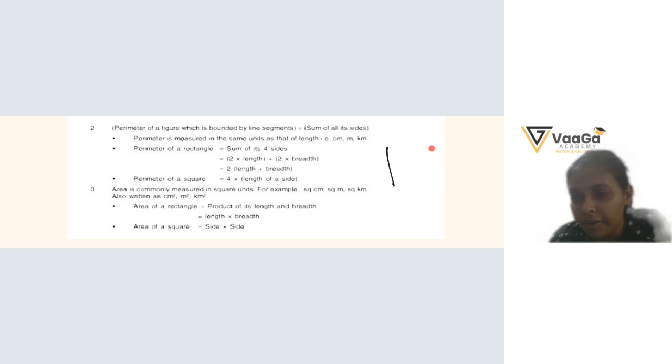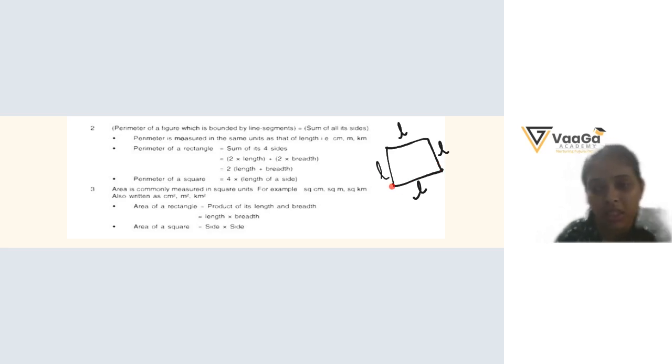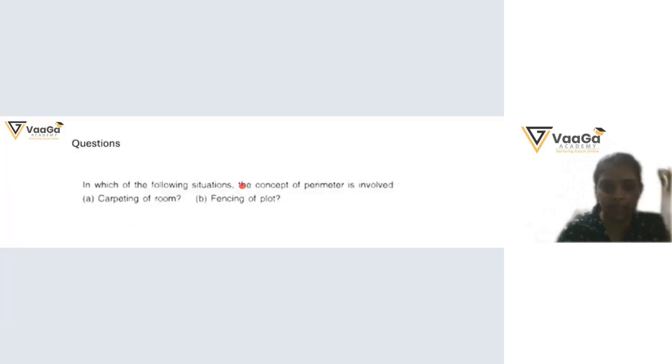Is this a square? Yes. So if this side is the length, all the sides are equal, because it's a square, right? So to find the area, if one side is 4 centimeters, I just have to do 4 times 4 and I'll get the answer. Right, you just have to do 4 times 4. So I can take it as length or breadth, whatever I like, because they are all equal anyway. Yes. Okay. Let's do this.